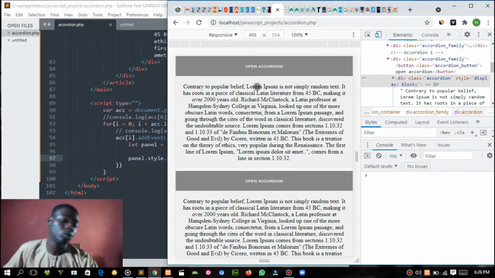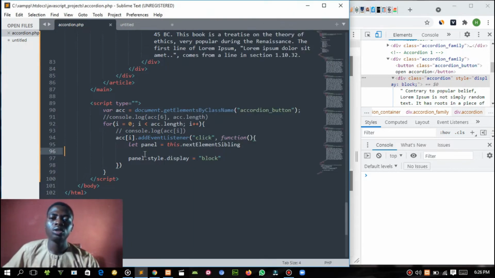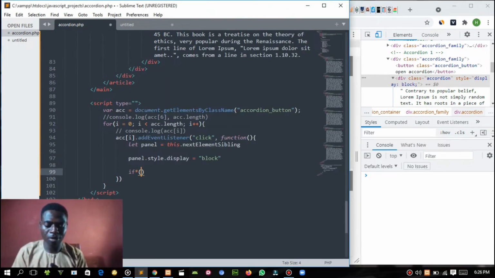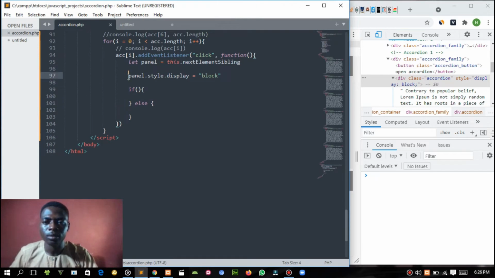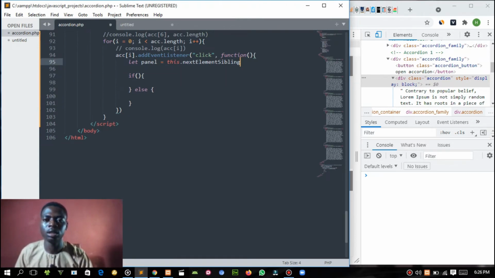So what we'll be doing here is that if I click on this button again, it won't hide it. It will still show. Let me click on it again. See that it's still showing. So what we are going to do is an if and else statement here. So I'll copy this. I'll delete it. So I want to say if,